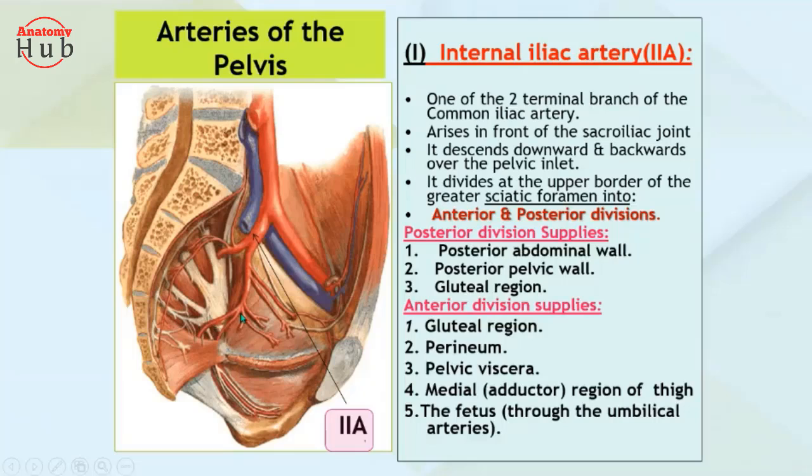Then the fetus is attached with the umbilical arteries, the left umbilical artery and the right umbilical artery. The right umbilical artery will be obliterated, and only the left umbilical artery will be there. So left will be left and the right will be obliterated, right? If you have studied embryology, you can remember that. So these are the branches of your internal iliac artery.